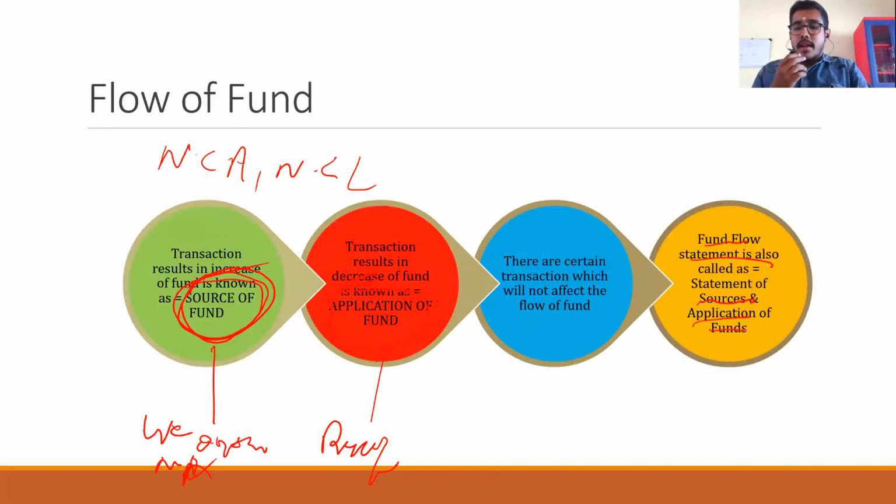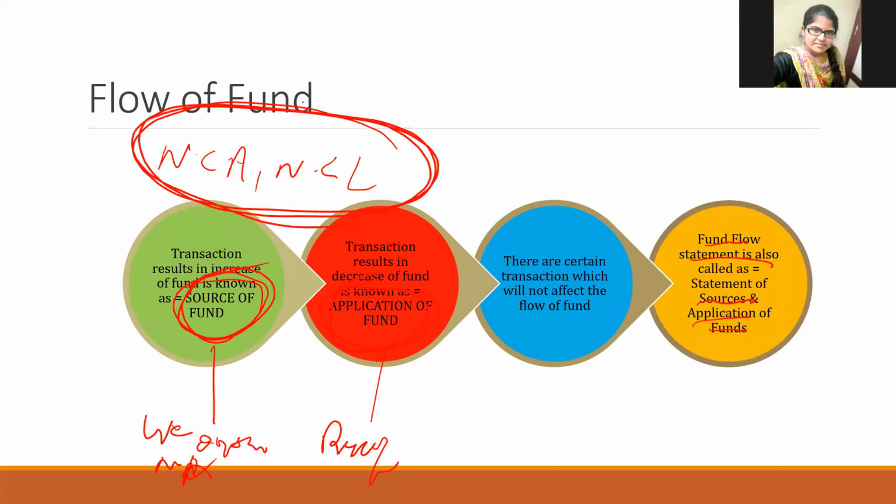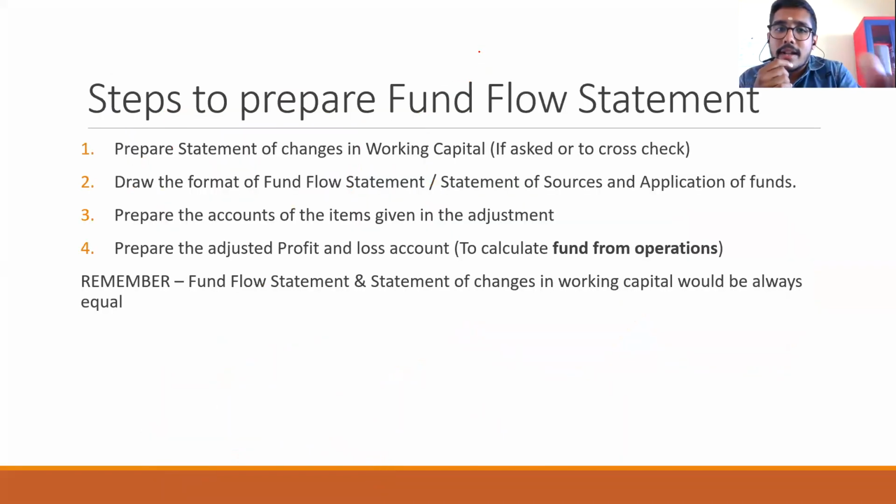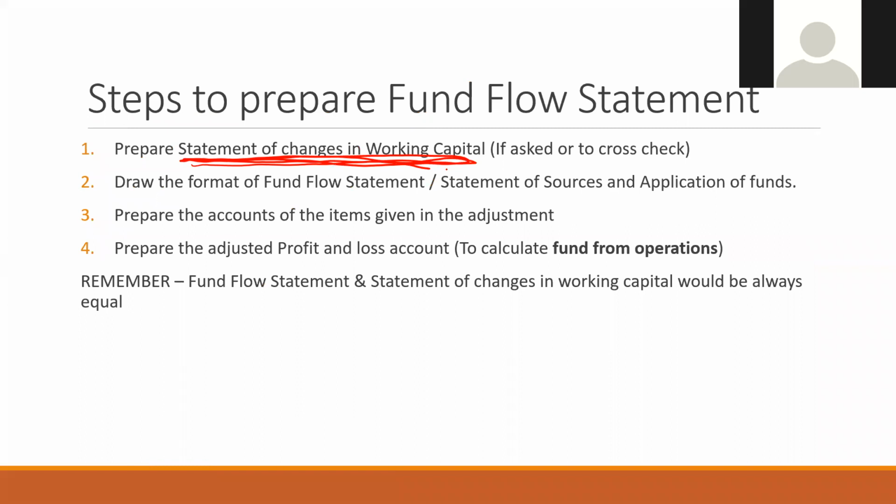Yes. And one more question to you. To check whether the fund flow statement we have prepared is right, we can prepare another document. What is that statement? In fund flow statement, what are the items we are taking? Not cash flow. While preparing fund flow statement, we are taking only non-current assets and non-current liabilities. To check whether our fund flow statement is right, we are preparing another statement called, what? Statement of changes in working capital.